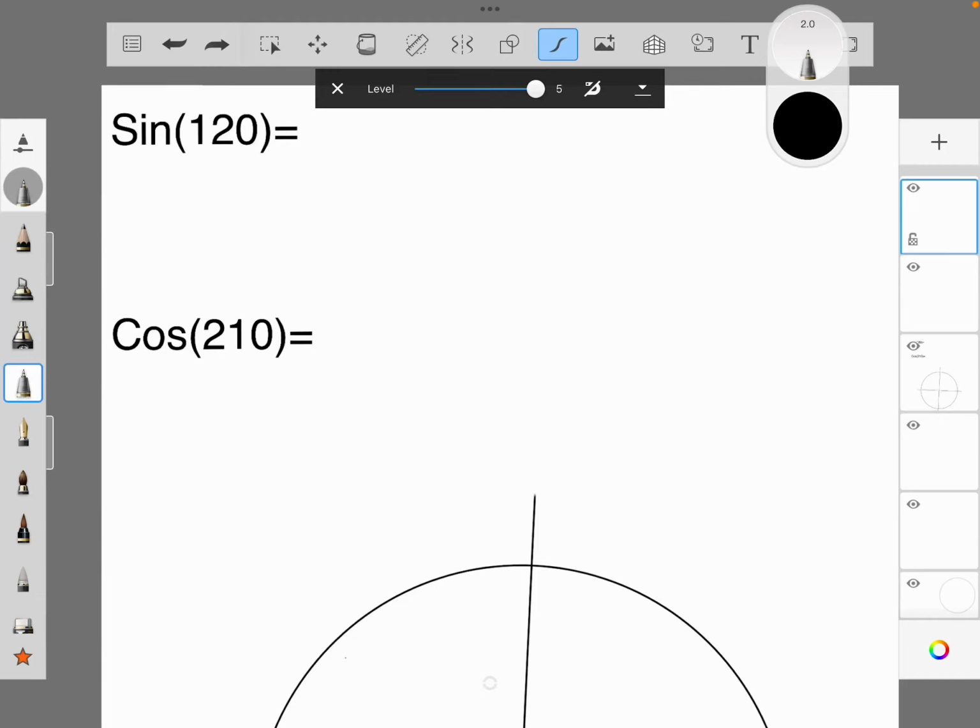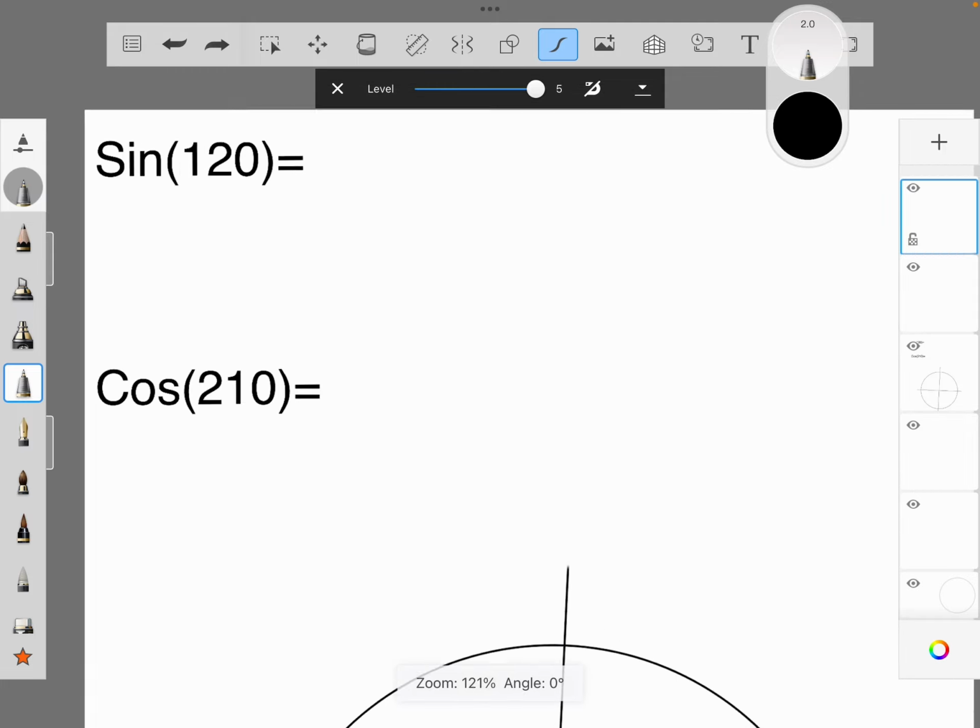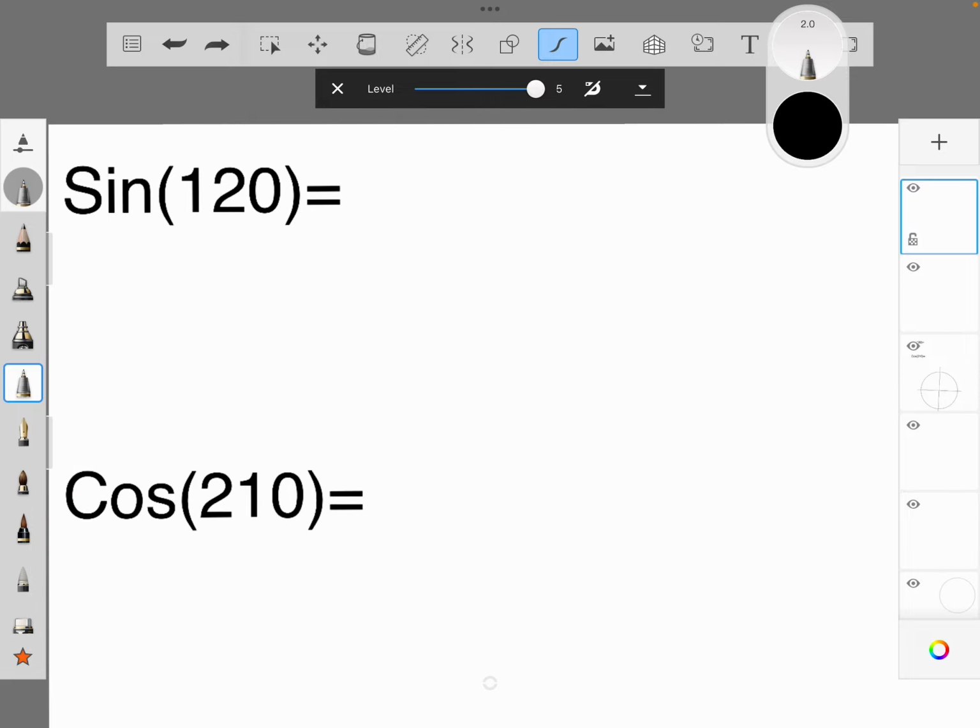Today we're going to be looking at this math problem. This math problem basically asks, what is sine 120 degrees? Now to solve this math problem, all we really need to do is use our unit circle and break up the 120 degrees. But first, to proceed with this equation, we need to write the word sine, as we always do. So sine